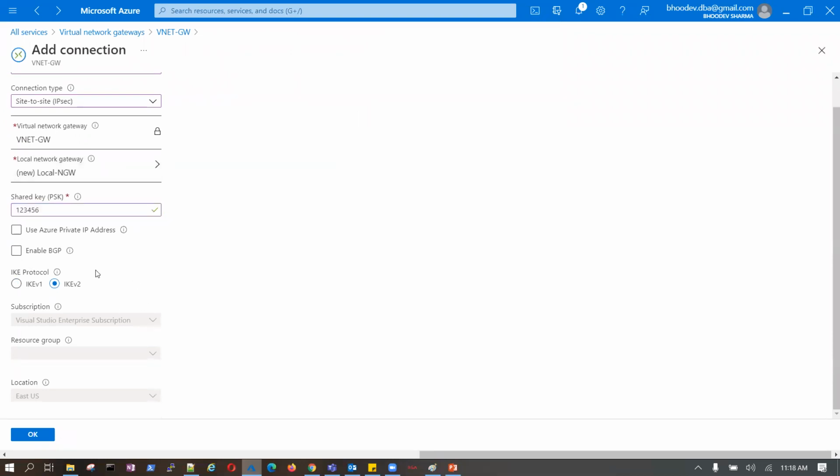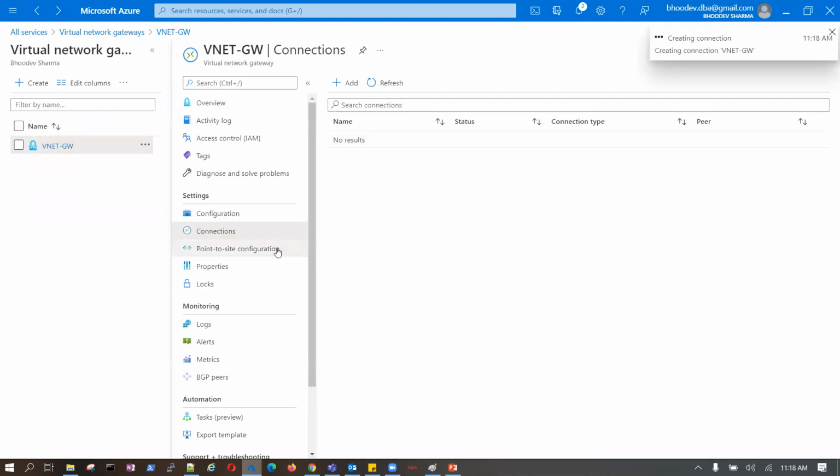Depending on whether you use Azure private IP address, enable BGP, or use nothing, whatever you are providing, and IKE version 1 or 2, v2 is the latest, use that. It will use the default resource group and create it. Now, as the 192.168.2.100 IP is not valid, the connection will not establish, because that IP doesn't exist anywhere, right?